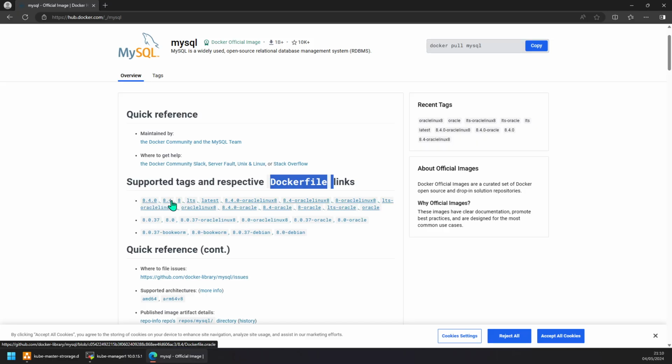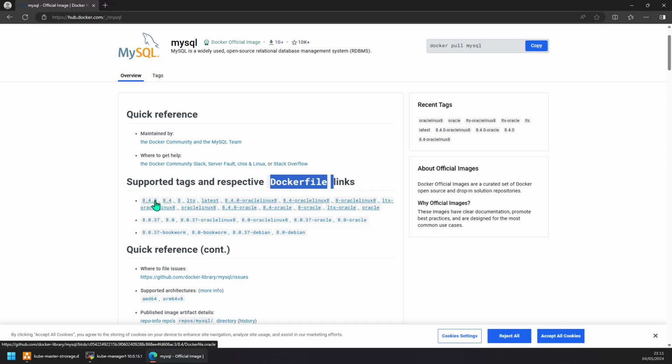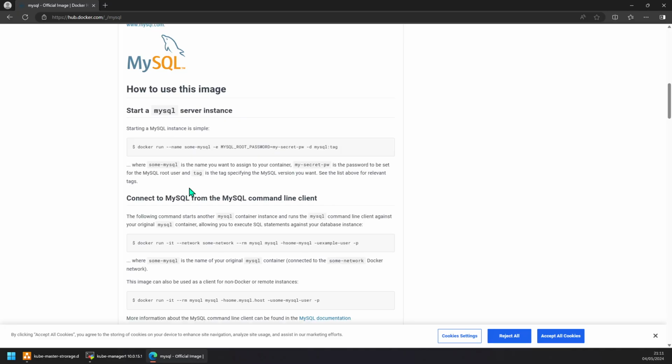You can go for 8.4 or 8, and you need to map the name accordingly over here, whatever you're using. Once you do that, you're using this particular image from Docker Hub. And then in terms of instructions,